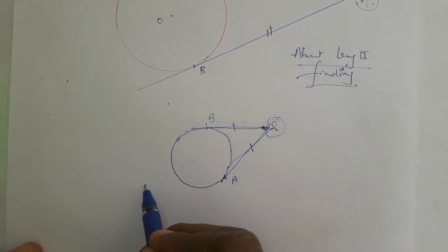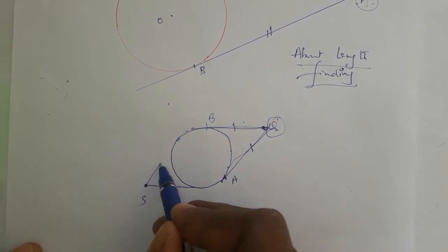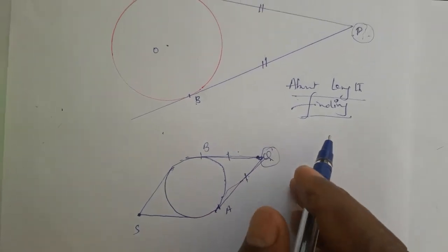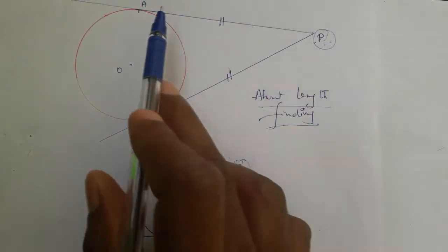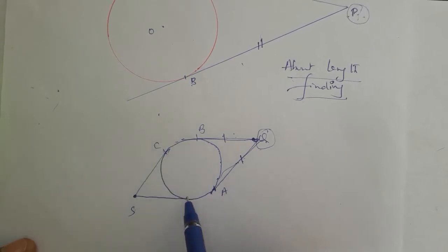Remember. So I mark here one point S. From point S again I can draw two tangents. Look, from every external point, a maximum of two tangents only. From P also two tangents, from Q, from S. There are two tangents drawn. I mark them as C and D. SC and SD are drawn from point S. Therefore these two are equal in length.